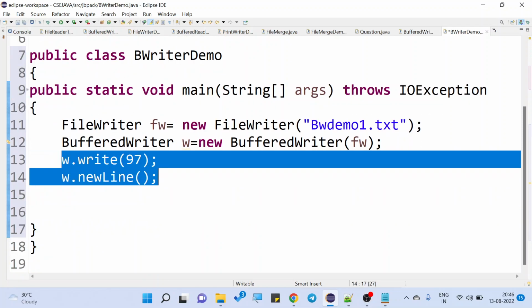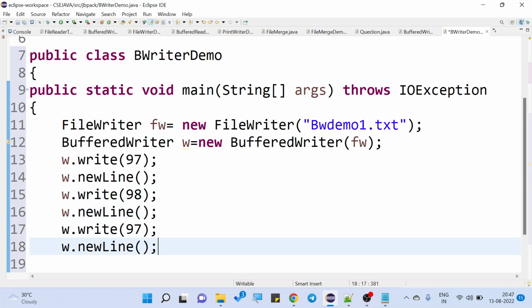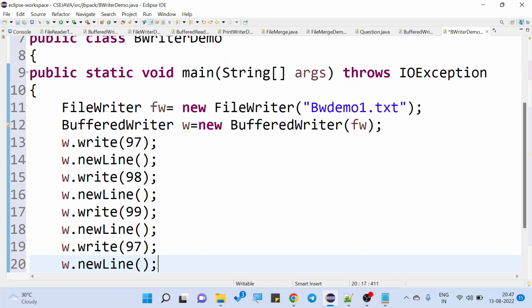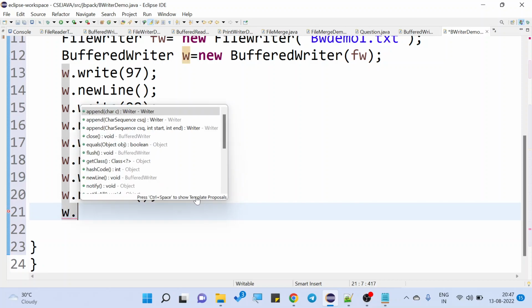Then I will write 98, then I will write 99, then I will write 100 with new line. Then let us use flush